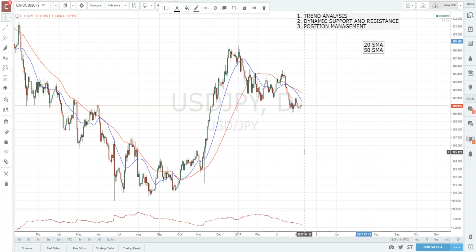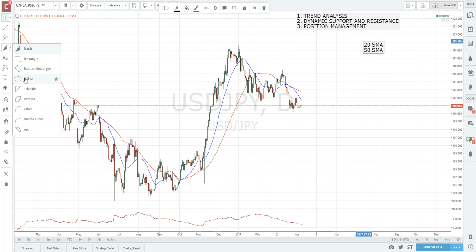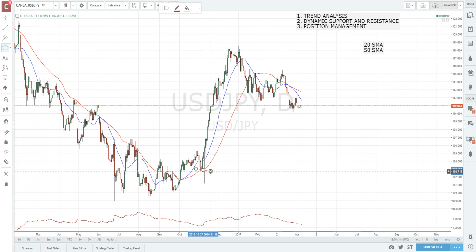support and resistance. So I'm sure you all know support and resistance, what they are. And what a dynamic support and resistance is basically means it's changing with the price. It's dynamic. It's constantly moving and changing. And as you can see, when price moves in an uptrend, it reverts back to the mean, as I was saying. And a perfect example would be right in here, where as you can see,